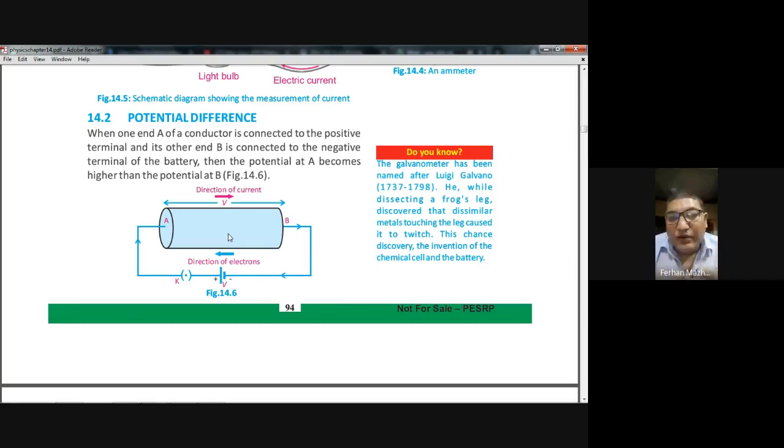So it's very important to understand the function of a cell and the function of a resistor. The function of a cell is to provide energy to the charges, and we call that electric energy. And the function of the appliance, the function of the resistor, is to convert that electric energy into some other form. Whatever energy is provided by the cell is supposed to be converted into other forms. That can be heat, sound, or light.